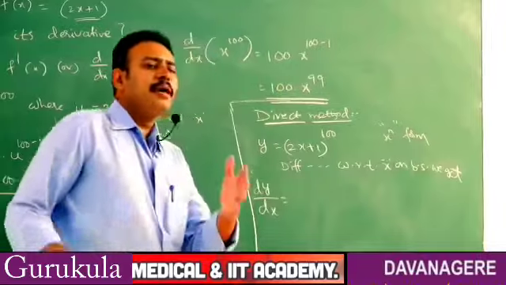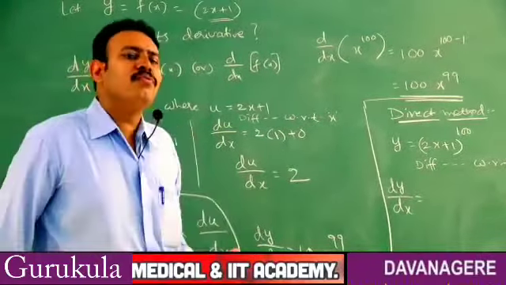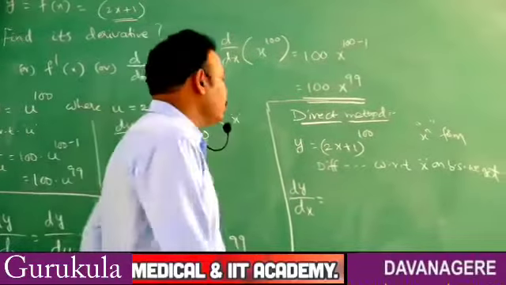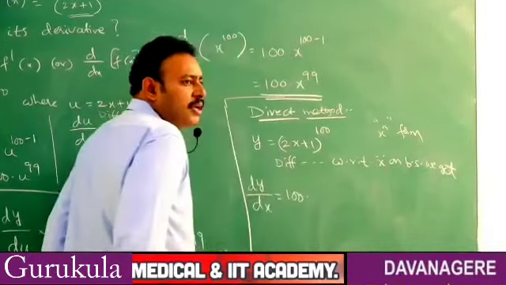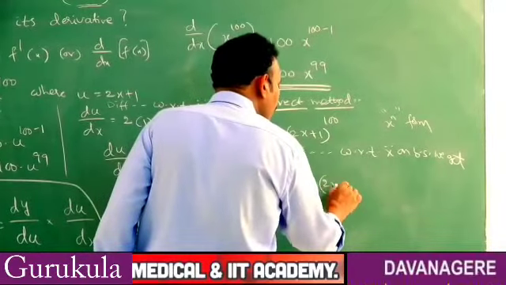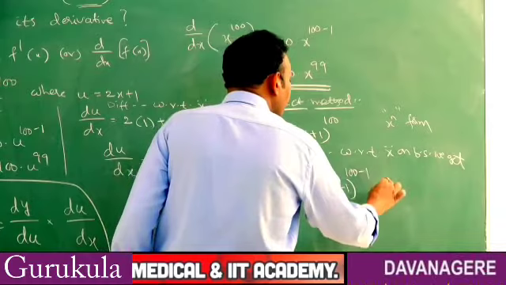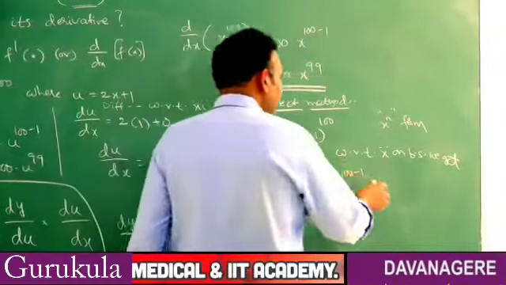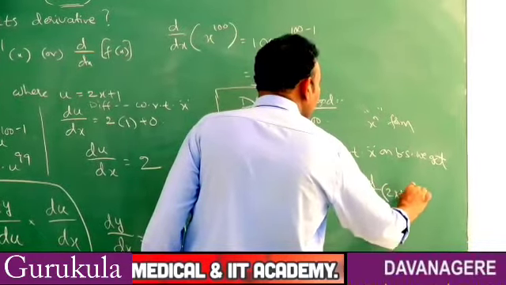It is x power n form. The derivative of x power n formula is n into x to the power of n minus 1, students. Here the n value is 100, into, in the place of x, 2x plus 1, it is (2x plus 1) whole to the power of 100 minus 1, students. Actually, in the place of x, 2x plus 1 it is.